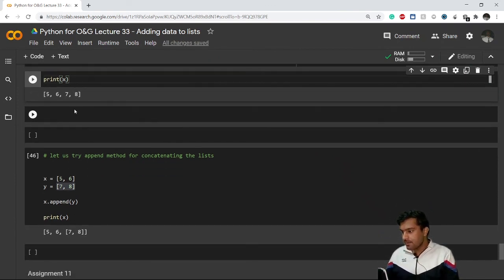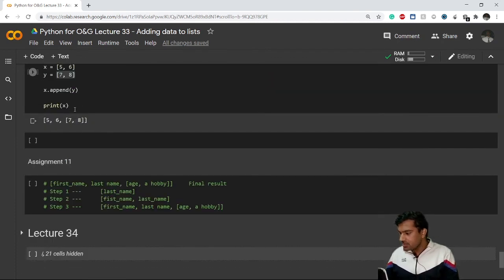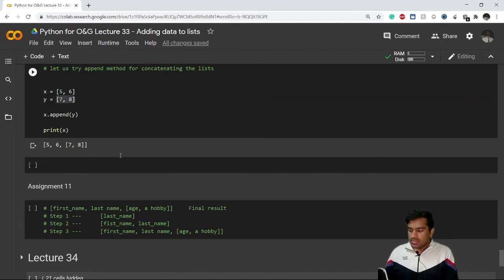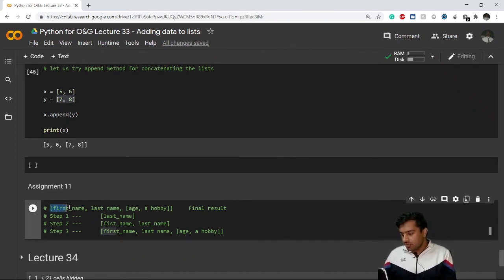So this is all about adding data to list, and I have an assignment for you as well. What you have to do is, you have to create a list in which your first element will be first name, and the second element is the last name, and the third element will consist of a list of age and your hobby, any hobby.